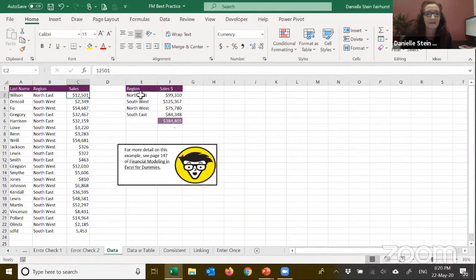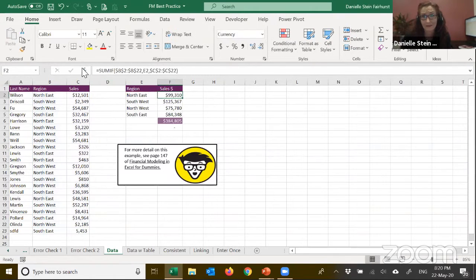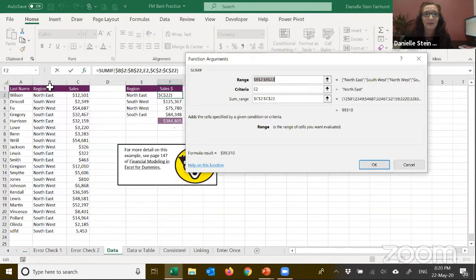This was an example of one of the errors that we often find in financial models, where you've got data and it actually stops at the bottom like that. That can be quite dangerous and wrong. So what we often find is people go like this. They highlight the entire column, which is actually making your model work much harder than it needs to.